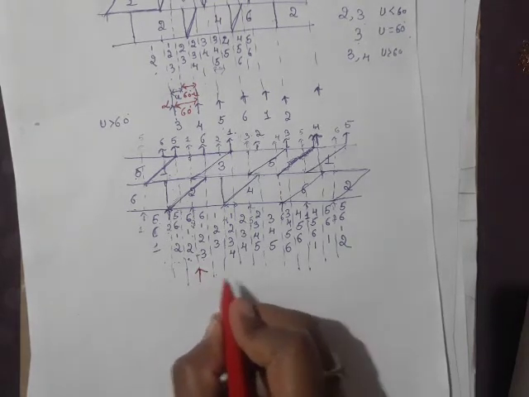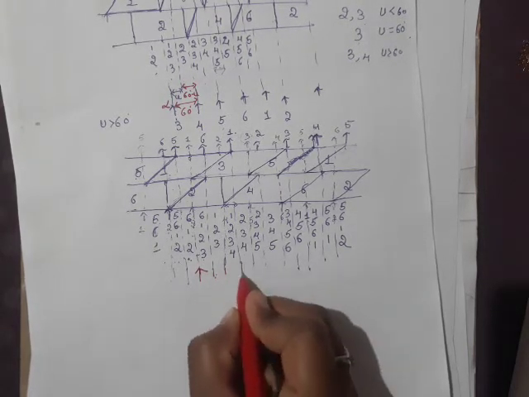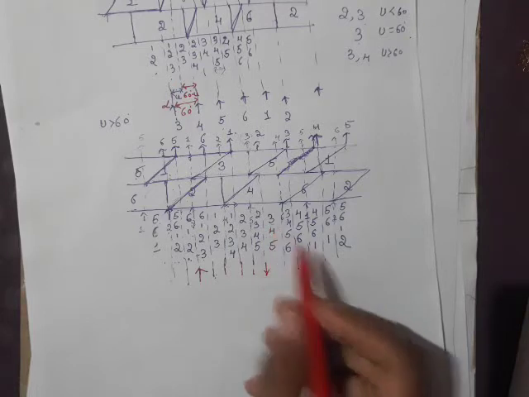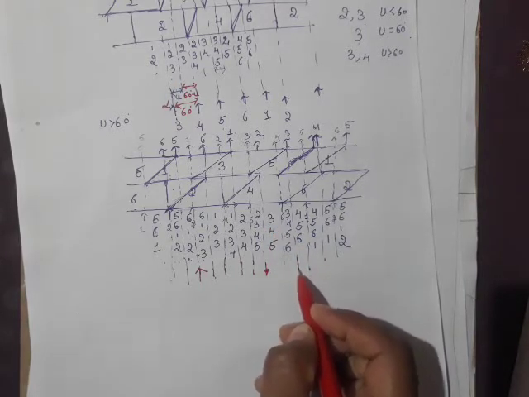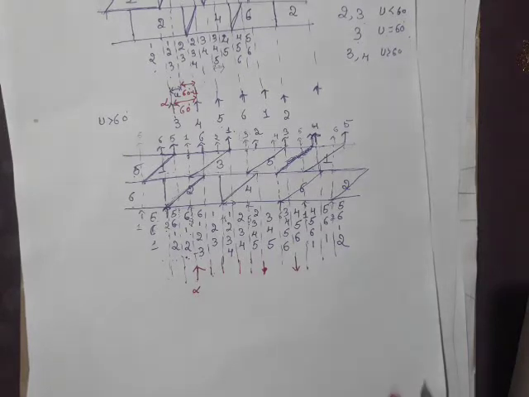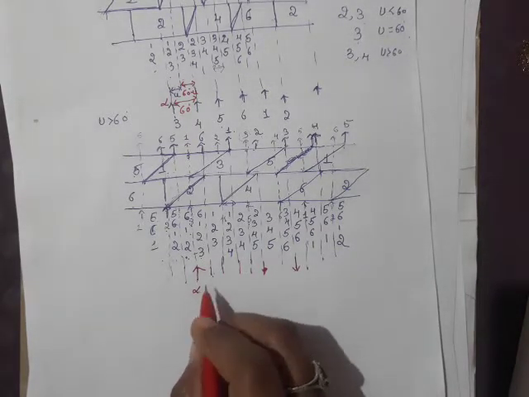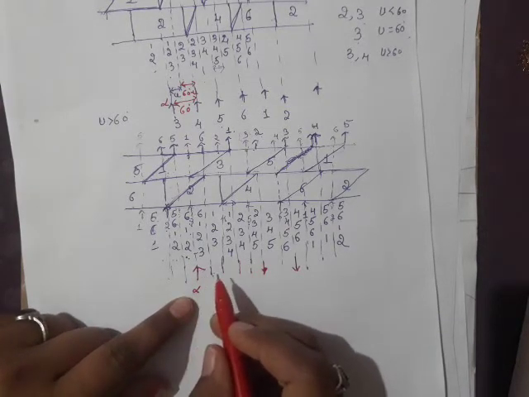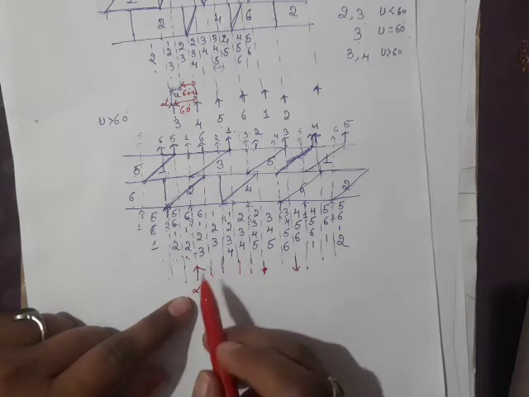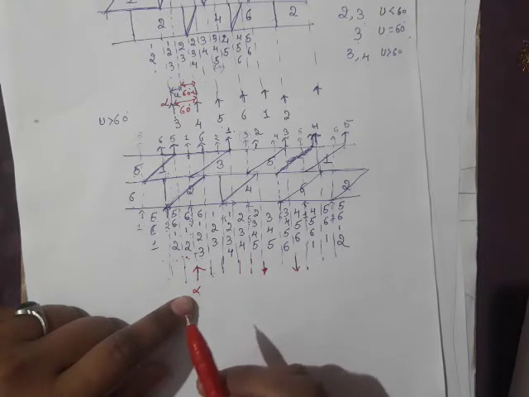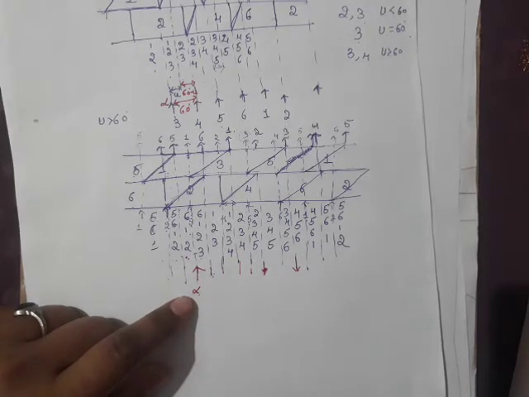When valve number 3 comes into conduction, this is the pattern, and valve number 3 goes out of conduction here. So this is the pattern it will conduct. I am going to trigger valve number 3 at alpha. And after valve number 3 comes into conduction, does valve number 1 immediately go out of conduction? No, valve number 1 will not go out of conduction at this point, because it has an overlap angle, and that overlap exceeded 60 degree.